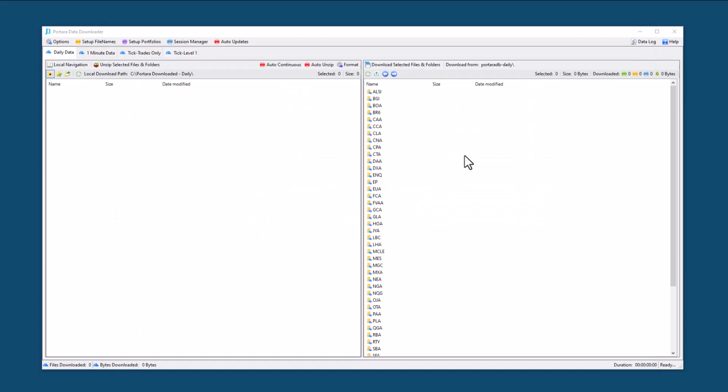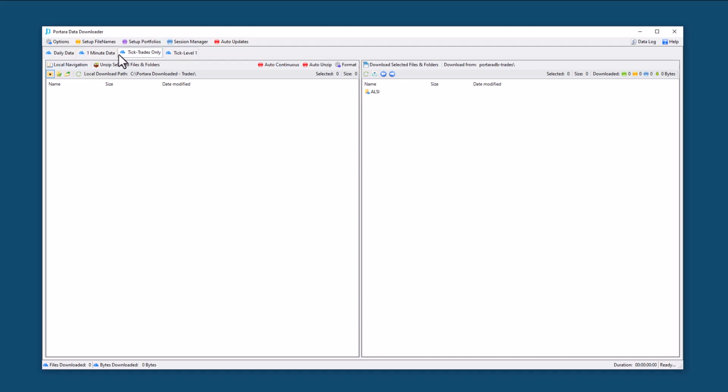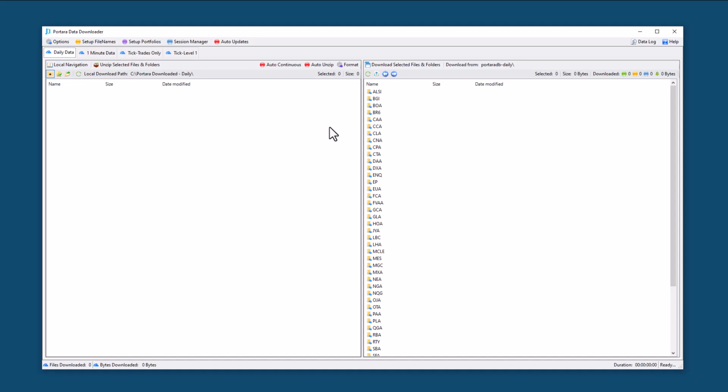There's many ways to grab the data from cloud to desktop. You can use the buttons, or you can right click on the menu and download. You can create portfolios or just download everything selected. So there's a number of ways, or you can just simply drag and drop the data from cloud to desktop, which is what we'll do, and you can do that on a per tab basis depending on what you have subscribed to. So if we just grab ALSI and we drag and drop that across onto our desktop, and we will get a message box which you can switch on and off those message boxes in the options folder, like so. So we're going to press yes,